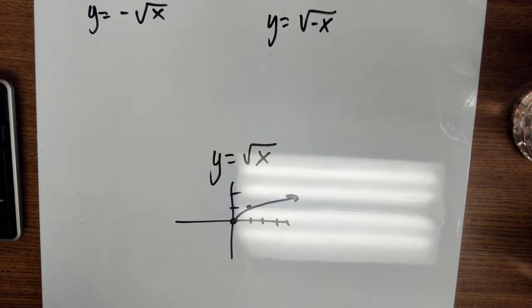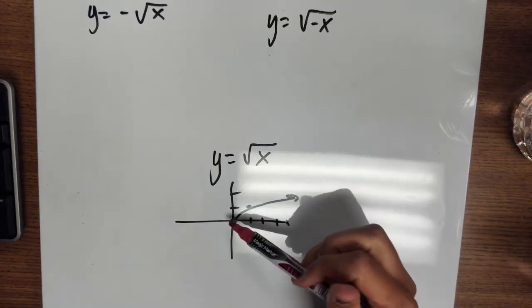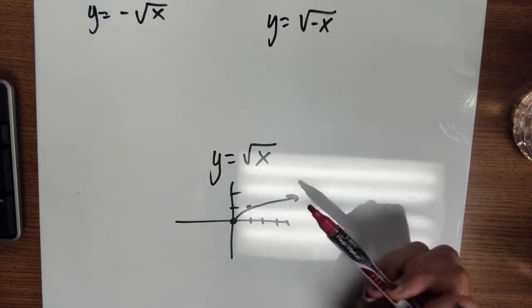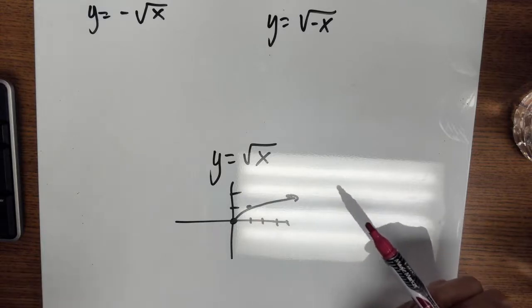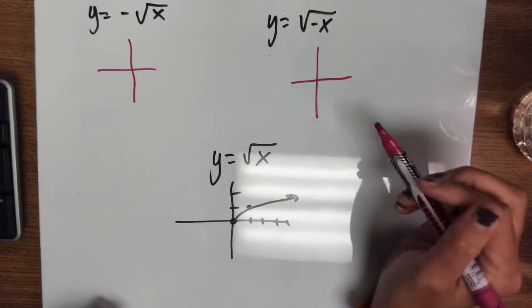Alright, for the second transformation, we've got reflections, and you could think of those as flipping your graph over one axis or another. So for this one, I'm going to use the square root function. Here's my parent function: (0, 0), (1, 1), and then (4, 2) are the three main points that you always want to have. If we are going to look at the difference in my reflections, you've got to go